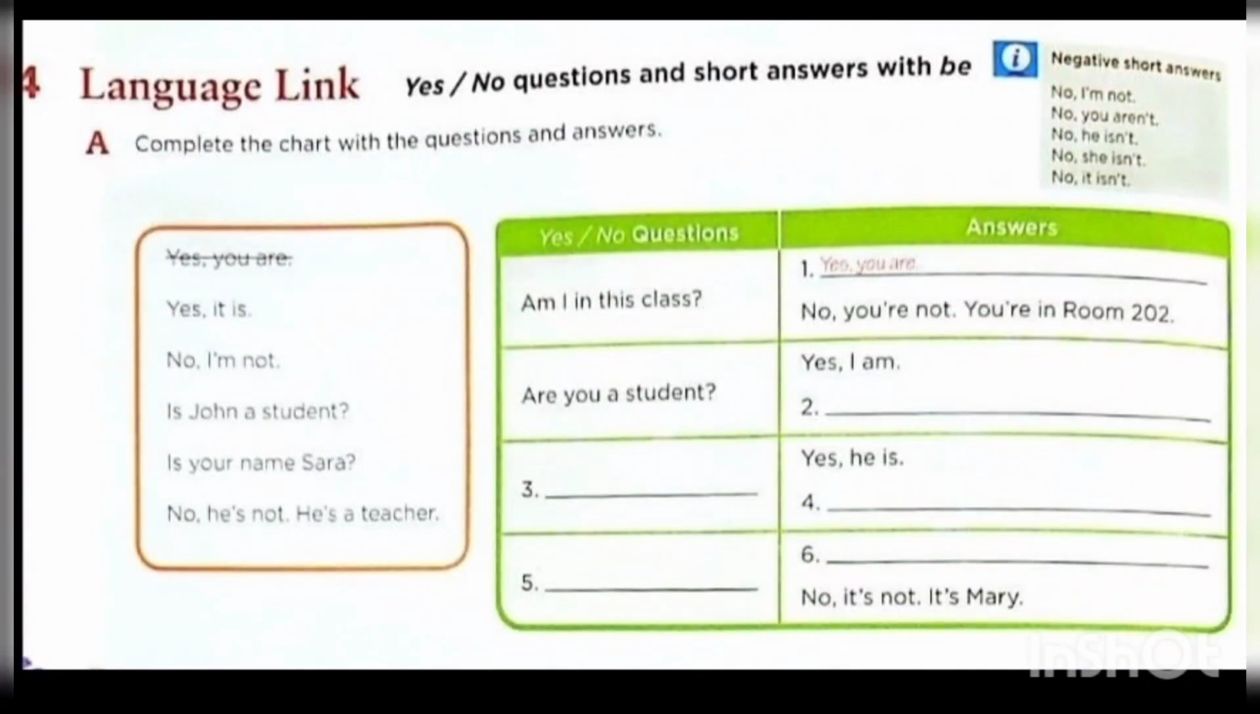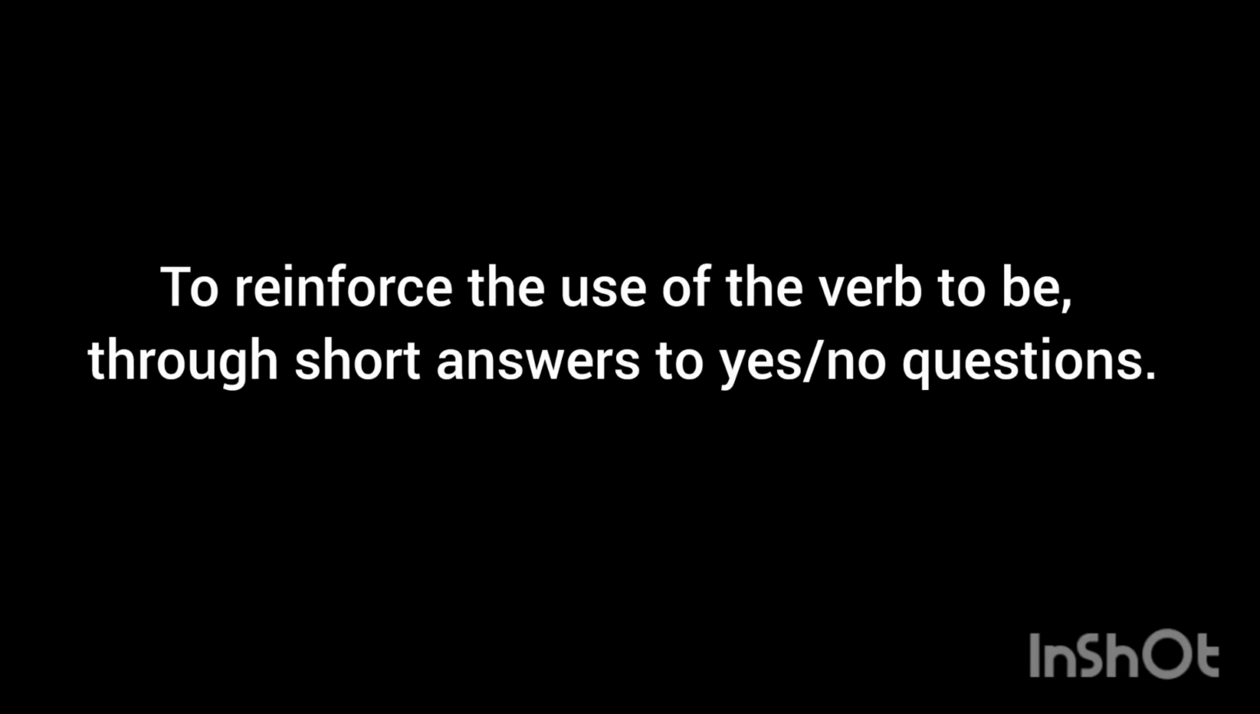The exercise I am analyzing is a yes-no question exercise. Students will find two boxes. In the first box, the student will find short answers and questions, for example, "Yes, you are," or "Is your name Sarah?", which they must place correctly in the other box, as shown in the picture. The objective is to reinforce the use of the verb to be through short answers and